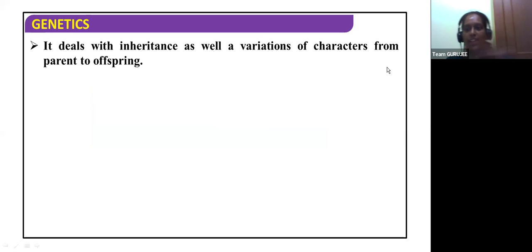Very, very good. Right, clear answer. So inheritance means the transfer of certain characters from one generation to another. So the flow of information through generations. The information is flowing from forefather to father, father to son, son to grandson, and so on. So that flow of the inheritance is going to be heredity. So heredity is the basis of inheritance. Inheritance is going to be the basis of heredity, right?